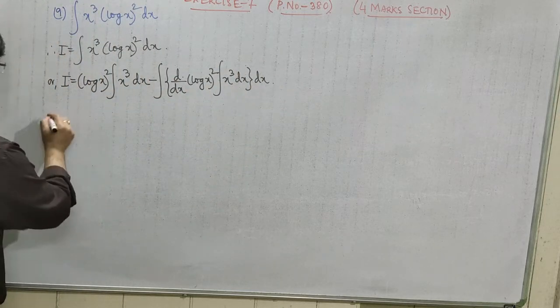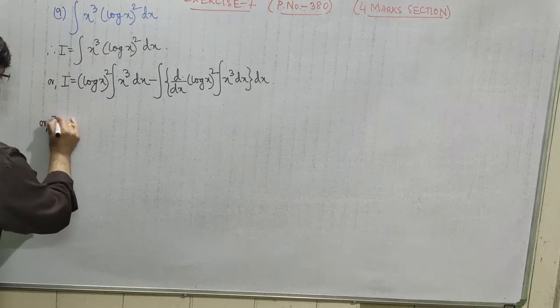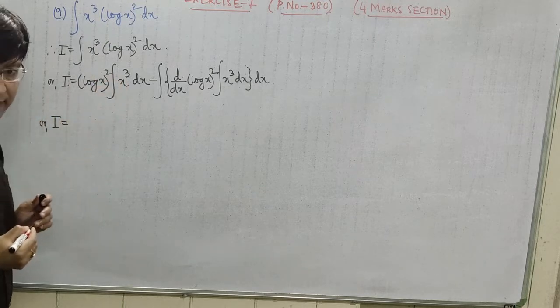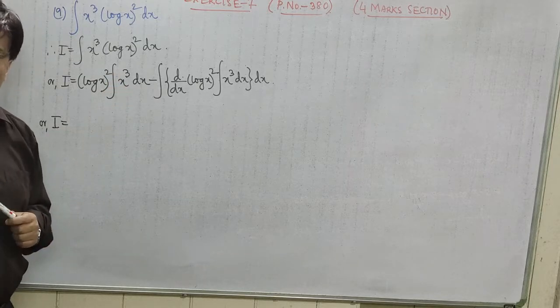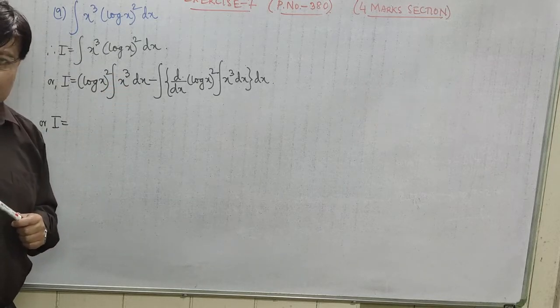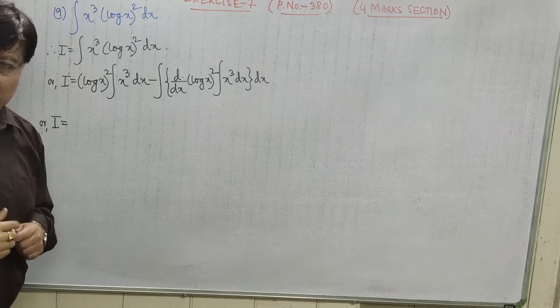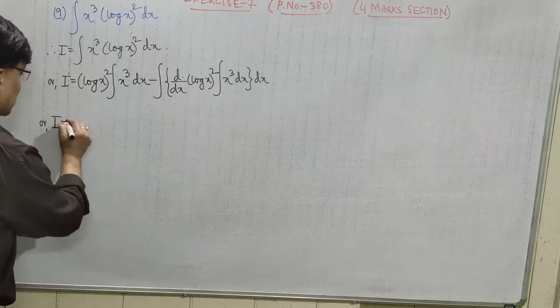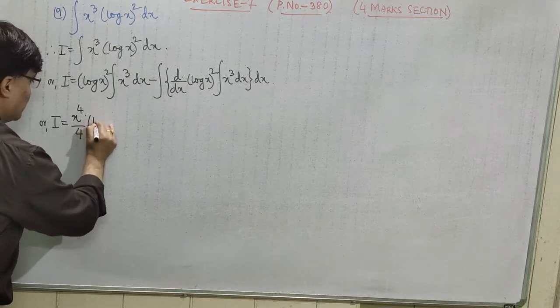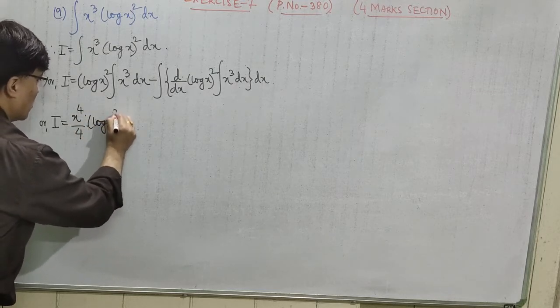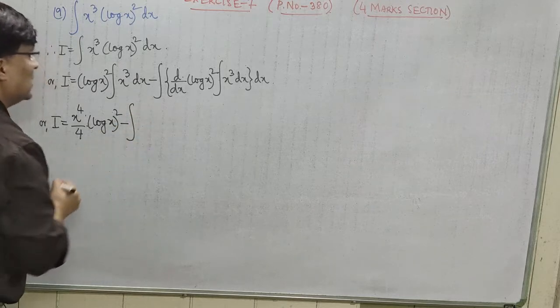Clear? Next, or I is equal to, let us first integrate. What is the integration of x cube dx? You can use integration of x to the power n dx, which is equal to x to the power n plus 1 divided by n plus 1. You know that, isn't it? So it is x to the power 4 by 4 into, this is your log x whole square minus integration